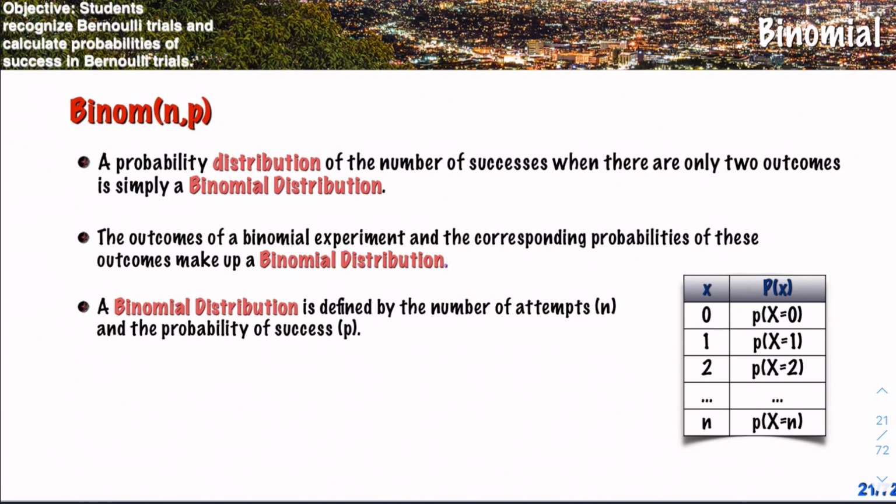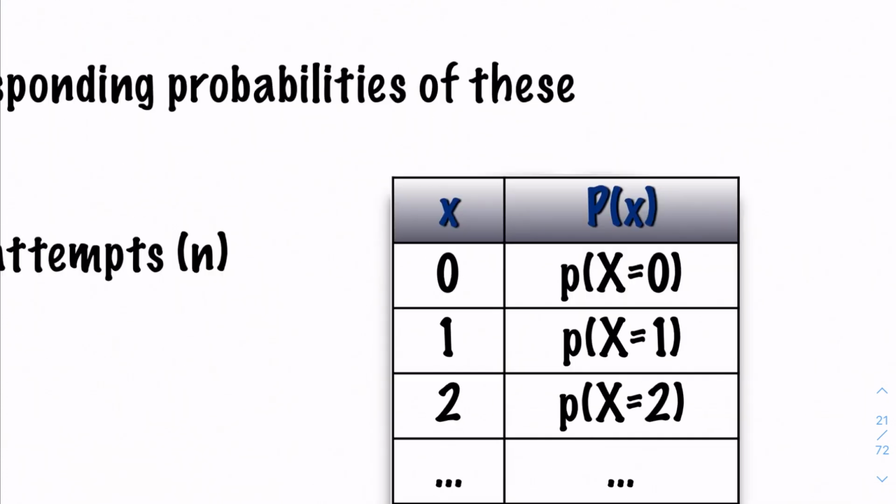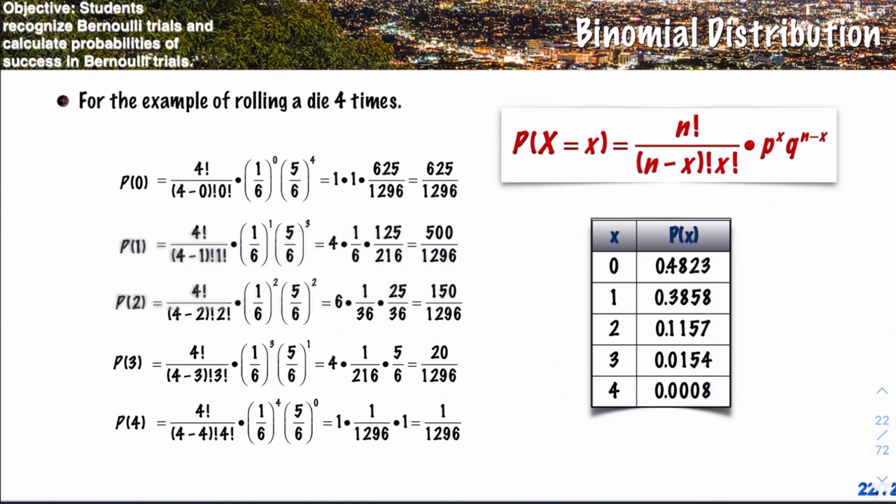So picking up where we last left off, we're talking about this binomial distribution. And we see here we have our chart, x, P of x, and we're looking to figure out how we can utilize our calculator to generate this for us. So of course we could use n choose 0, or 4 choose 0, 1/6 to the 0th, 5/6